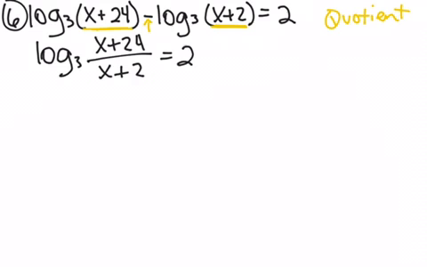Alright, so now we need to look at this expression, x plus 24 over x plus 2. Now one of the problems that we have had this year is understanding when we can simplify from top to bottom and when we cannot. Because we have pluses in between our x's and our numbers, we cannot cancel out these x's, and we cannot simplify this 24 over 2. Okay, we have to treat them as